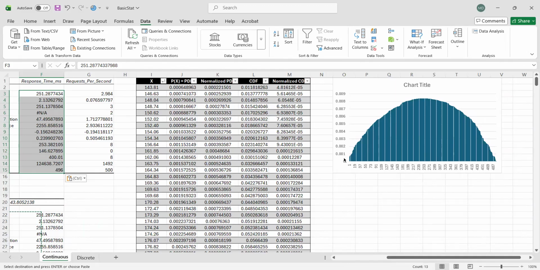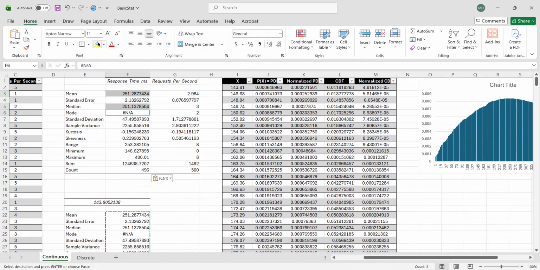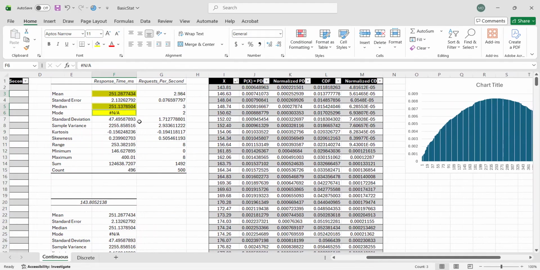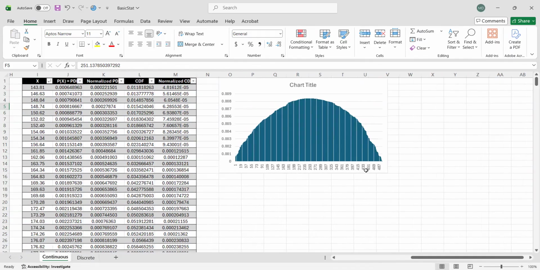Now it is somewhat more bell-shaped compared to the previous one, because right now, since we don't have the mode, we can see the mean and median very close to each other. So in continuous data, it is just normal to have no mode.